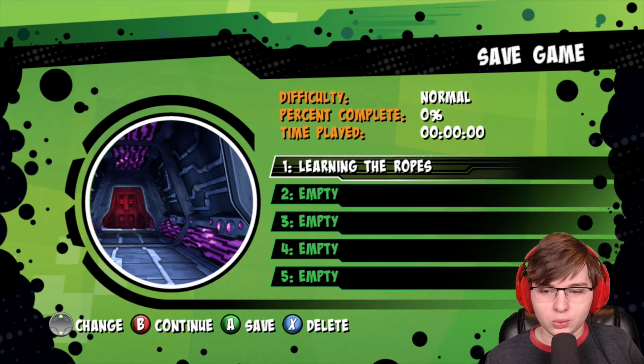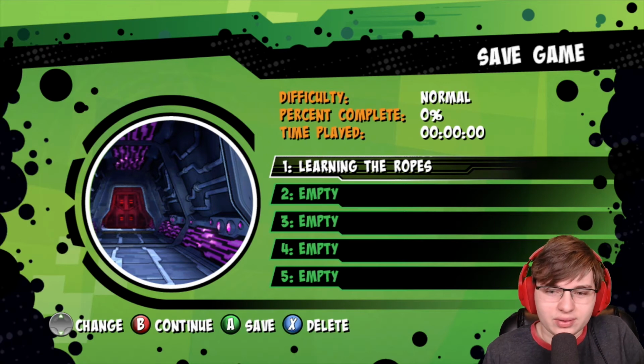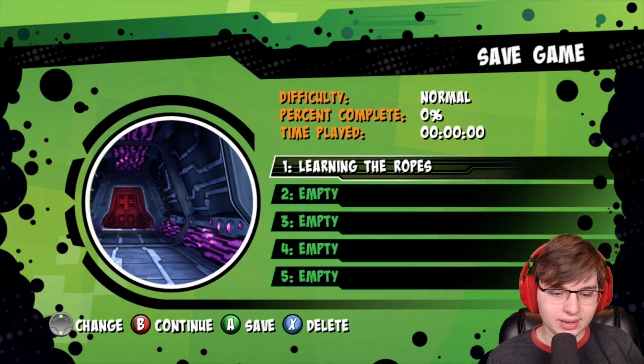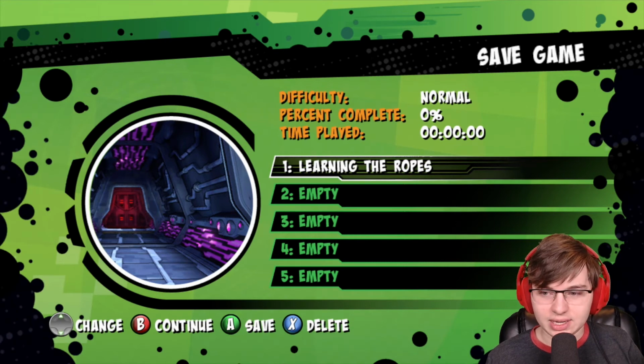Like, why am I getting Swampfire and Big Chill back into the mix? And why is Accelerate here? Is this part of the Omniverse lore? Like, does he get back his previous alien forms? I don't know. I need to look up where these episodes are. Like, from the original Ben 10, Alien Force, Ultimate Alien, Omniverse, and I guess I should try and